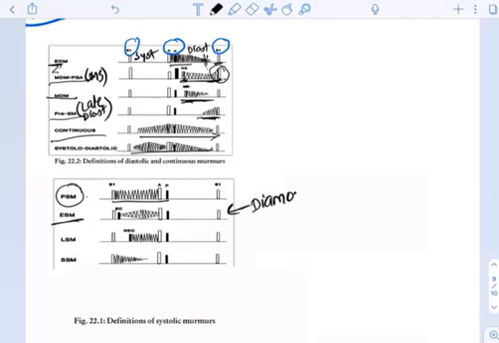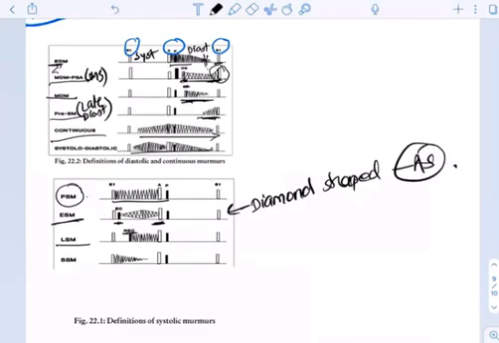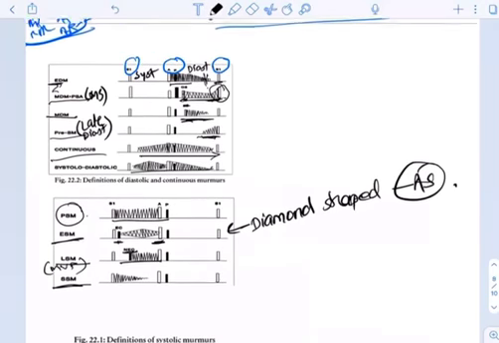Ejection systolic murmur, it is a diamond shaped murmur, and it occurs in aortic stenosis. This is the ejection click. EC means ejection click. After the ejection click, the murmur will start and it will end just before the S2. So this is an ejection systolic murmur. Late systolic, this is the non-ejection click. NEC means late systolic. As I told you, MVP plus MR will cause a late systolic murmur. So MVP, non-ejection click, and this is how the murmur looks.